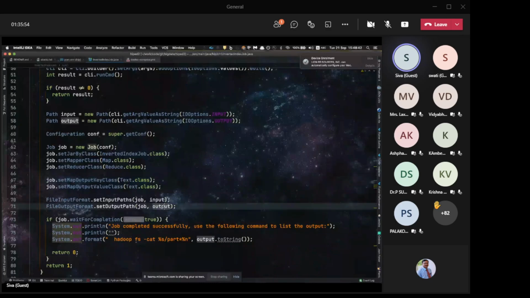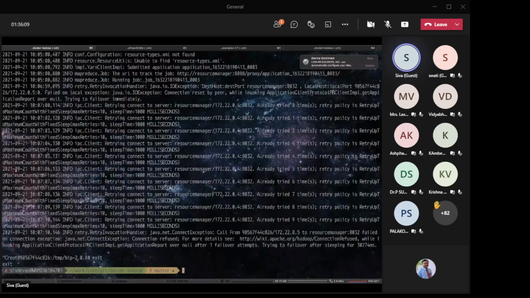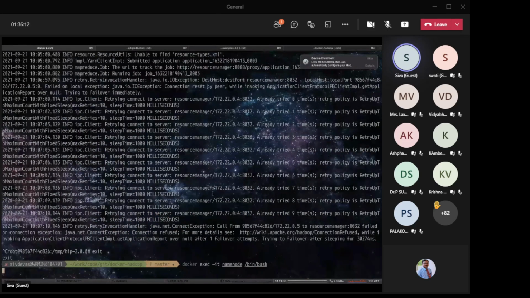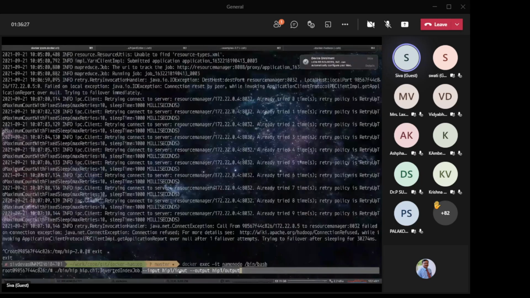For the input and the output, I'm taking the arguments from the command line, and that's why you would have seen the command line parameters which I had given earlier, with hyphen input and hyphen output. So the CLI library basically passes this. I could have given any other folder as well. It takes it, and this is the configuration which is needed, and it's like delegating